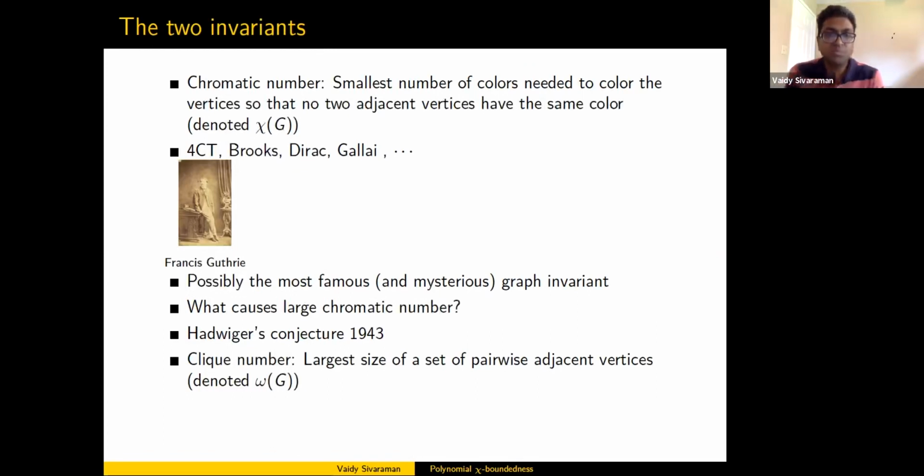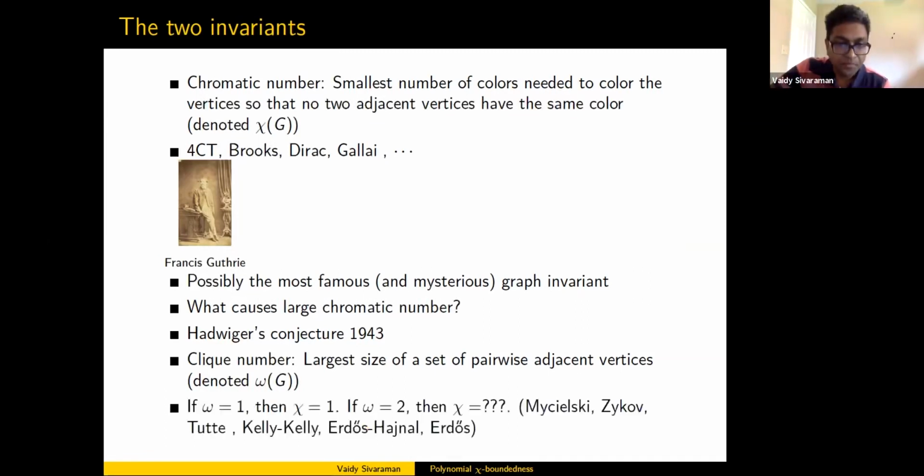What is the relationship between these two invariants? That's the story of chi-boundedness, between chi and omega. Right away, omega is a lower bound for chi, because if you have a clique of size k, you need at least k colors, even to color just those vertices, let alone the whole graph. If the clique number is 1, then the chromatic number is 1. That's easy. But even when the clique number is 2, which just means there are no triangles, triangle-free graphs,